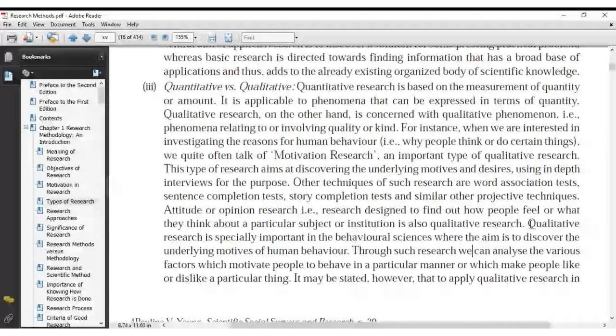But when you are studying those things like people's emotions, people's feelings, people's philosophy, people's way of thinking about life or certain topics about life, those kinds of researches are called qualitative, where that data you can't count numerically. You can't count it, but you can explain it. Okay, so that is called qualitative and quantitative. Then we have